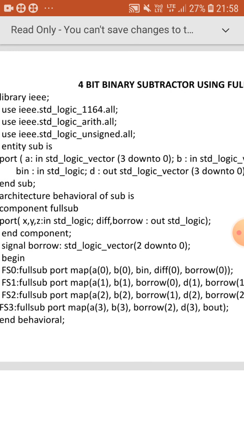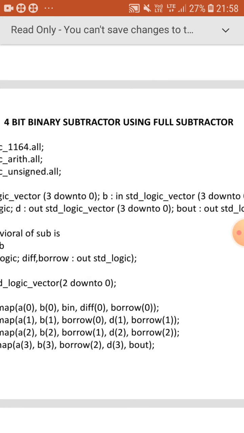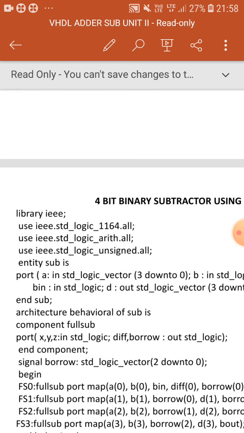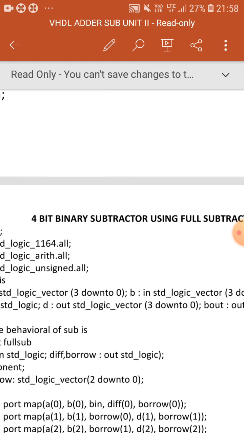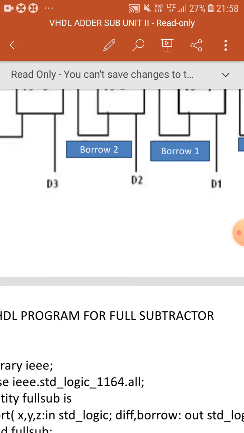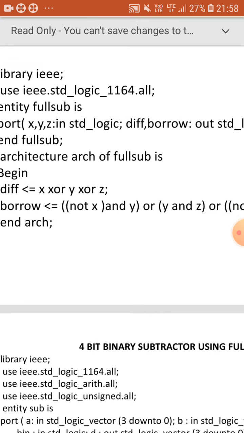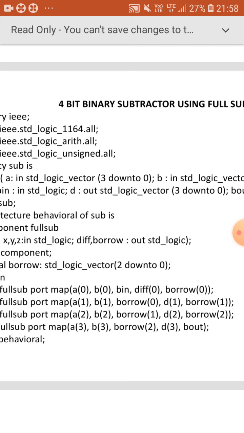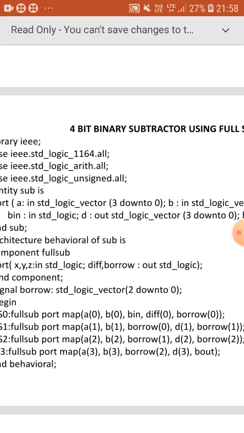Next I am declaring the input and output ports of the 4-bit binary subtractor using full subtractors. A and B are inputs. A and B are 4-bit binary values. So A colon, you have to use mode in, std_logic_vector 3 down to 0.